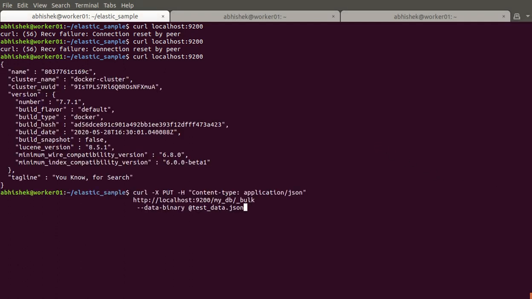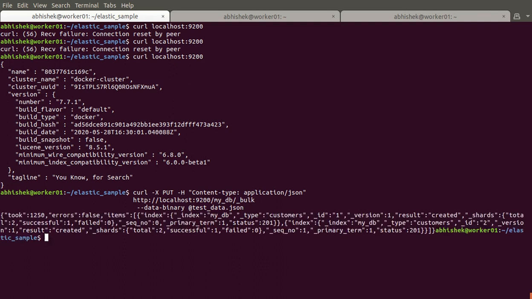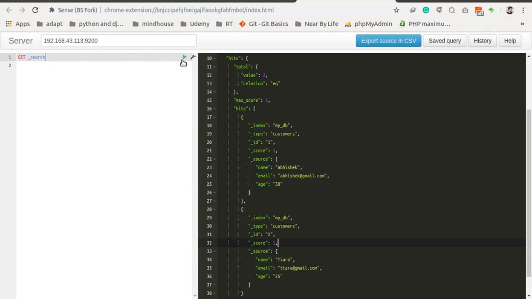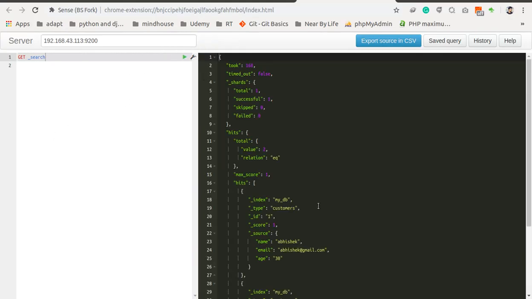Let me quickly insert the data again. So data is stored. Let me check here. Yes, data is available.